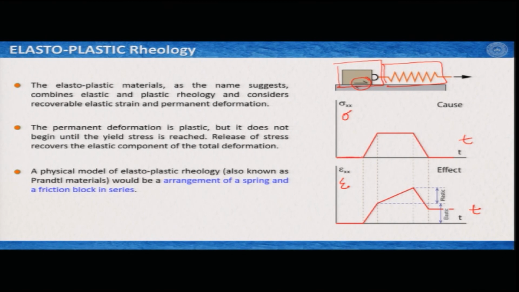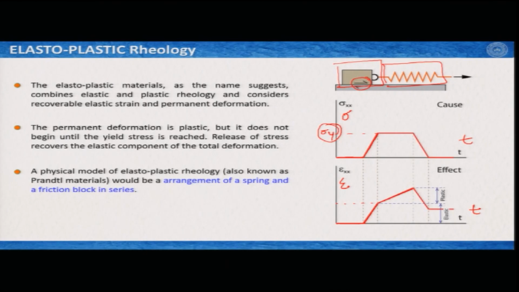So, here, when the stress we apply is zero, there is no stress and no strain. Then I slowly pull this spring. So, I increase the stress, and strain also increases linearly the way I increase the stress. But then when I start moving this spring, this is your elastic region, sigma y is your yield stress, then this friction block starts moving, and if I release the